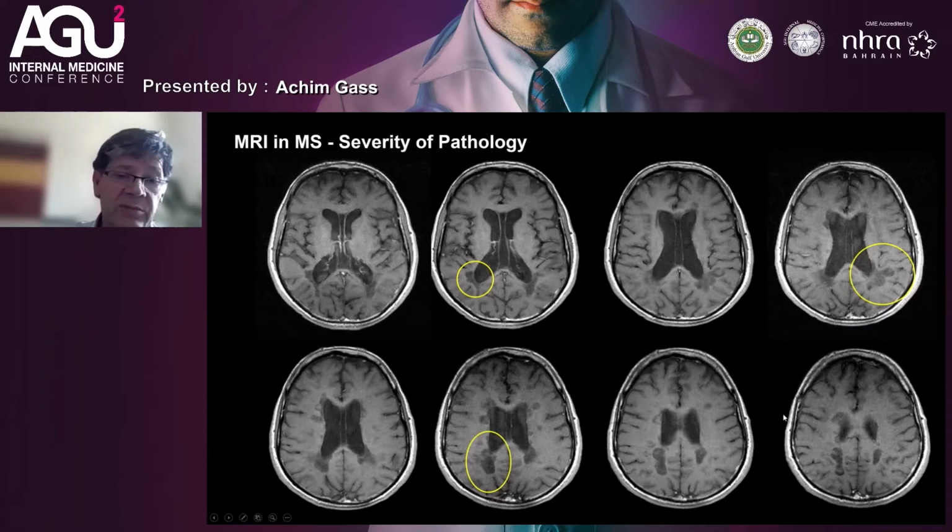On the T1 weighted image, you can also see that there are quite a lot of hypointense lesions, giving you even more information that there's not only atrophy, widespread disease, but also very severe lesions in some places. And this provides you immediately with a prognostic view of this situation. And indeed, this patient became much worse over the coming years. This kind of background information, particularly in the beginning of the disease, is very informative to build your own profile of where you think this patient may go in the next years,